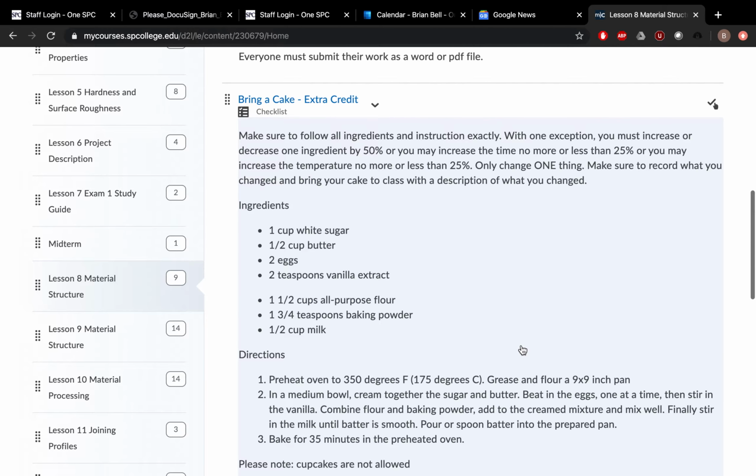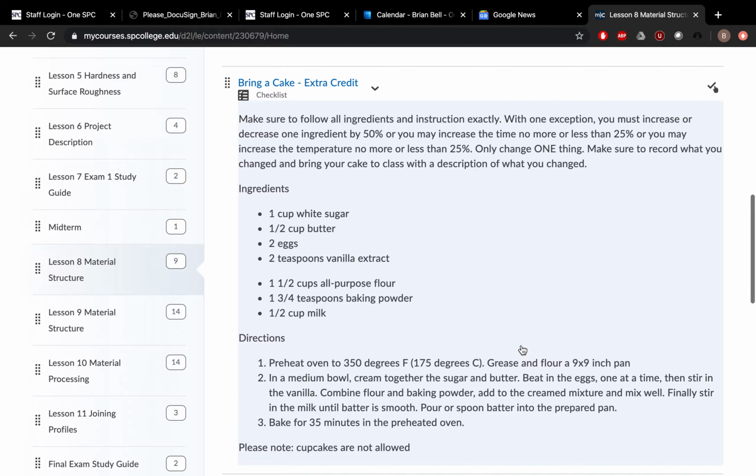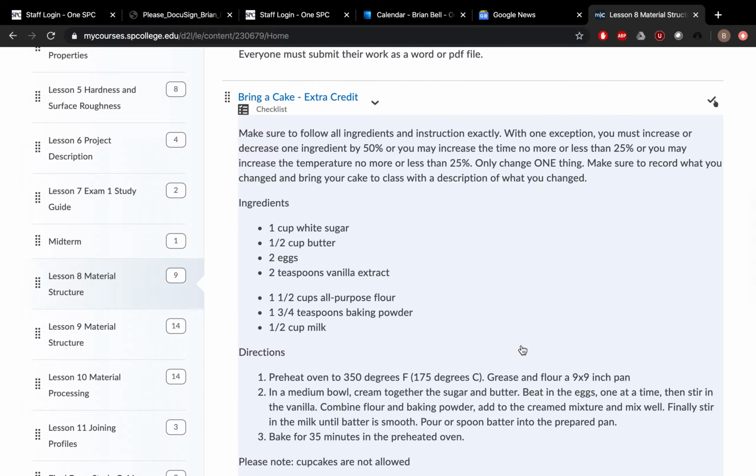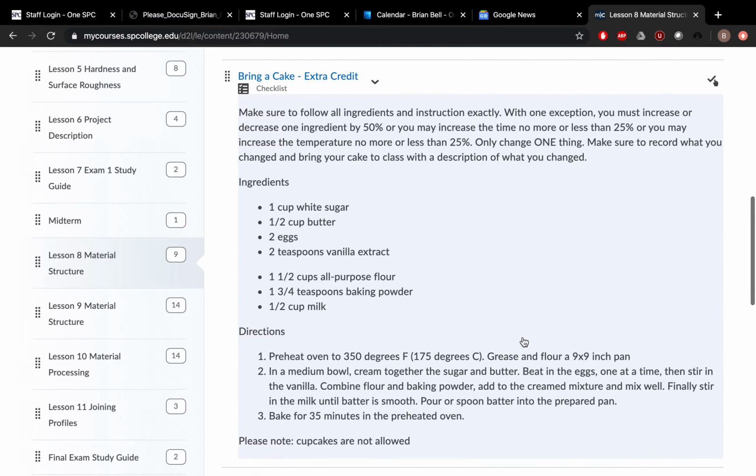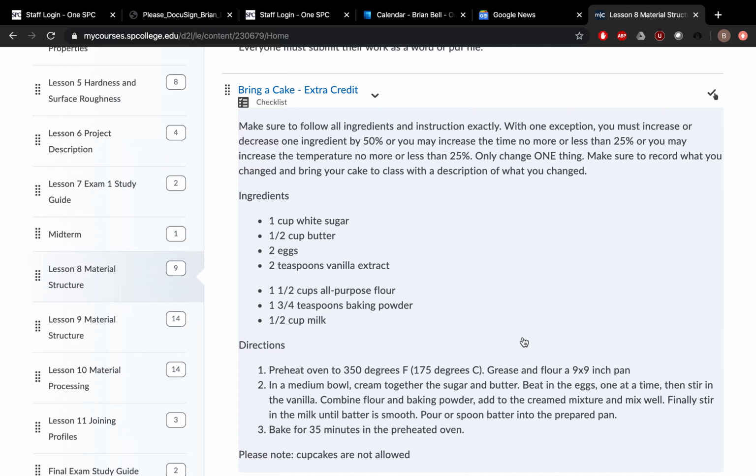Next, there is the cake activity. And so I think we can still do this. And this is normally an extra credit activity that I give you 3 bonus points on your exam to do this. So I want you to have that opportunity. And what we can do is follow the directions just the same, but instead of bringing your cake into class,